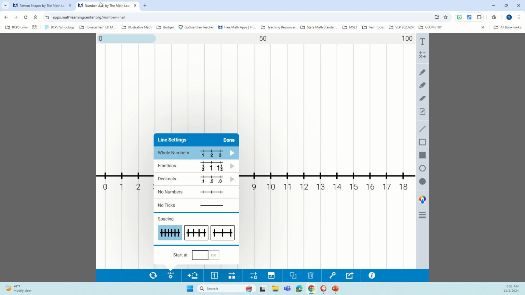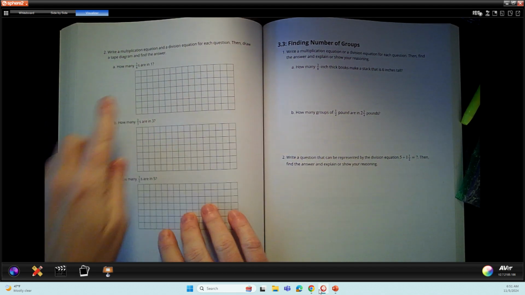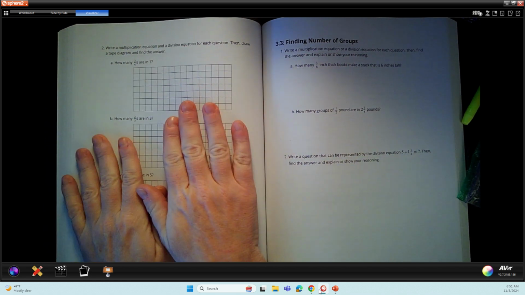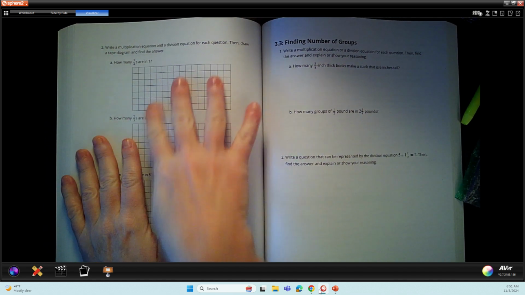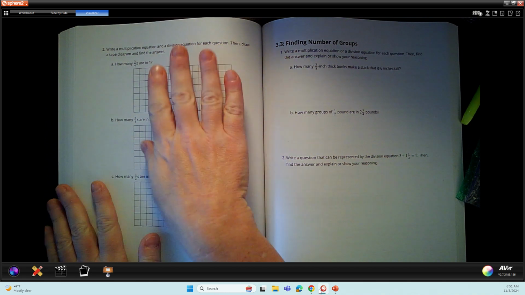But what I want to show you that we do a lot with is the number line. And this, oh my goodness, is just a lifesaver. Okay, so now I'm going to look back in the book. I'm looking at these questions that say how many 3/4 are in 1. Now we're going to do these in Desmos in our class. So these will be questions that we actually work out in class using Desmos, but they do have them